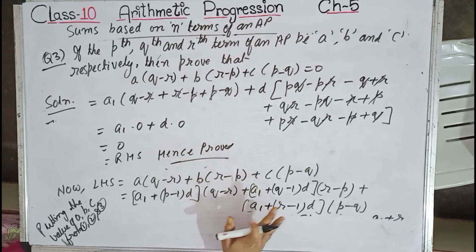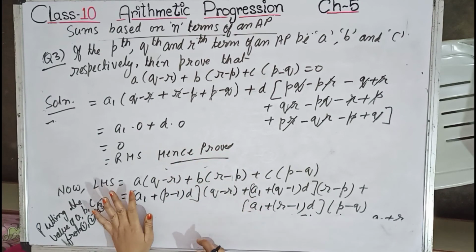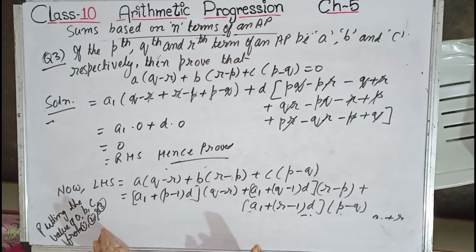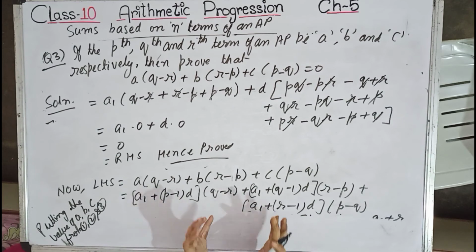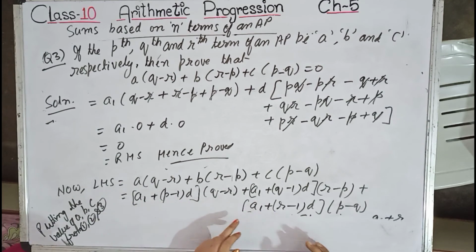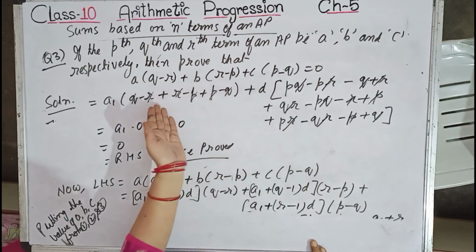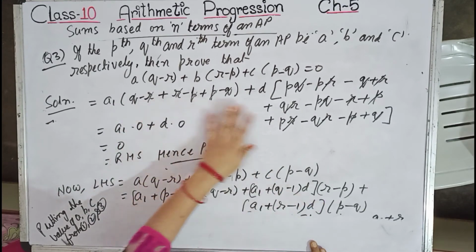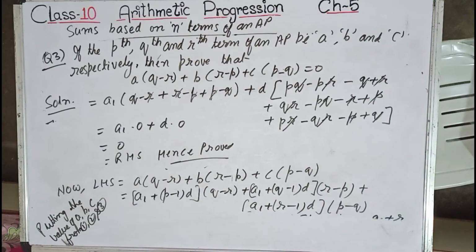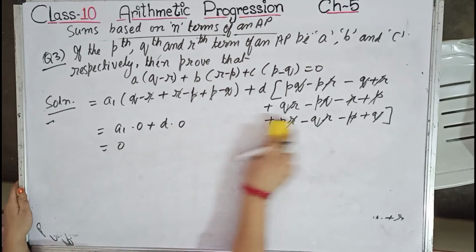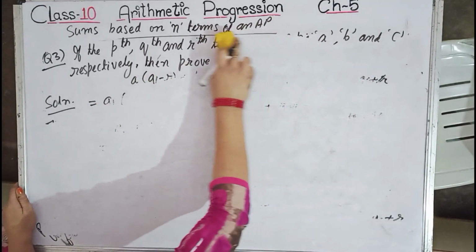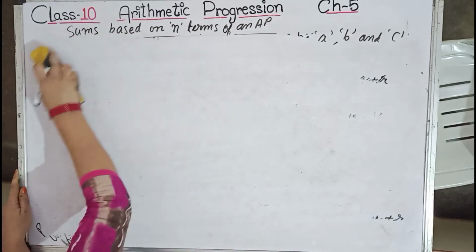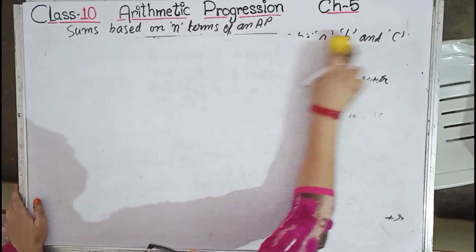So over here the only thing is that you start with LHS, put the value of a, b and c, take the coefficients of a1 in one bracket, take the terms of a1 at one place and the terms of d at one place and solve, means expand the brackets using the distributive property. You will be getting the answer as 0 and hence proved. This is an important sum as well. It has come many years in the board examination. So practice it on your own as well.